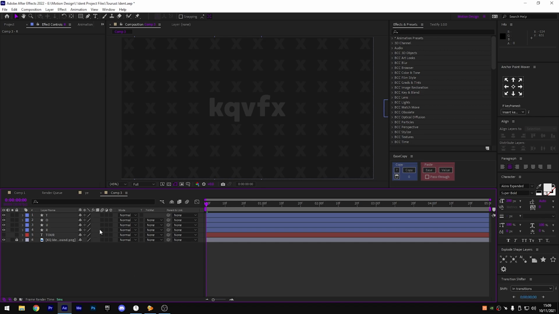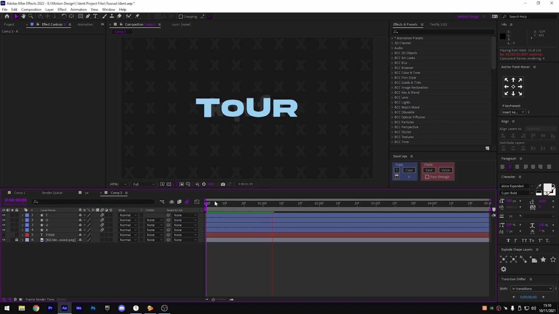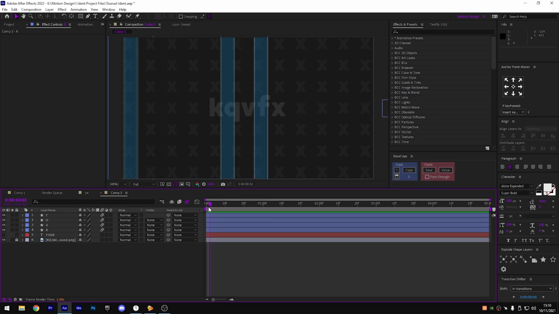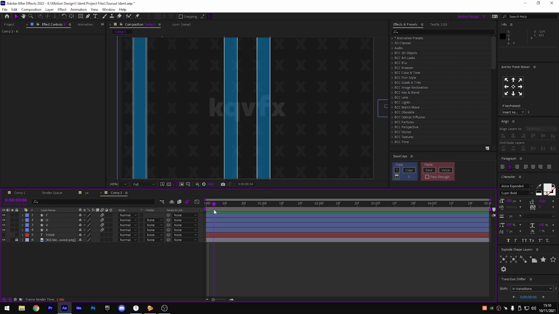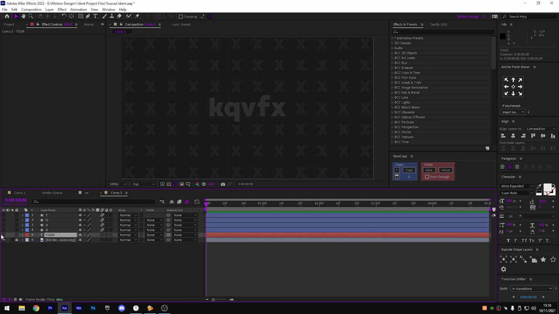And then once you've done that, just turn on motion blur here, and let's pre-render and see how it looks. Right, now that looks very weird because it's all going in at the same time. So now what you want to do is go hide these 4 layers for now, show your